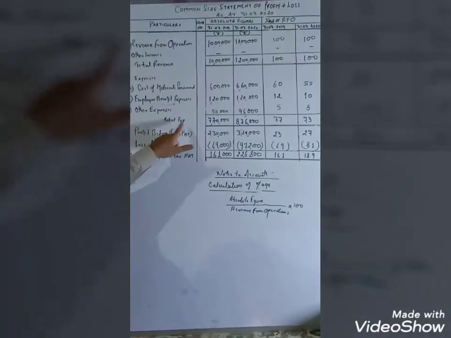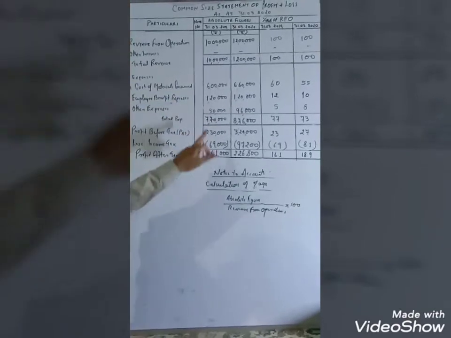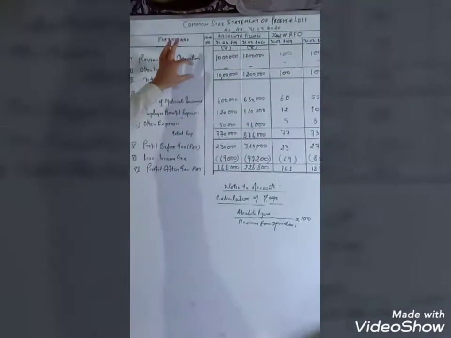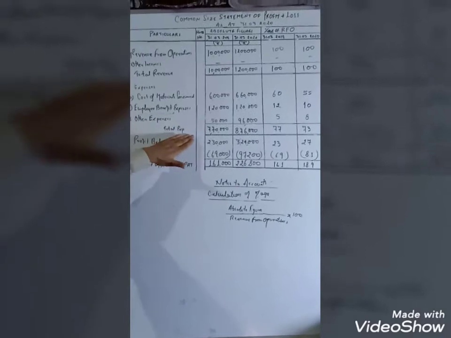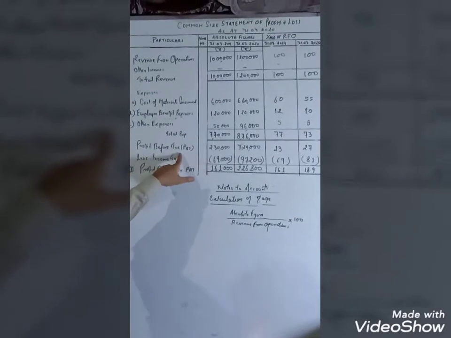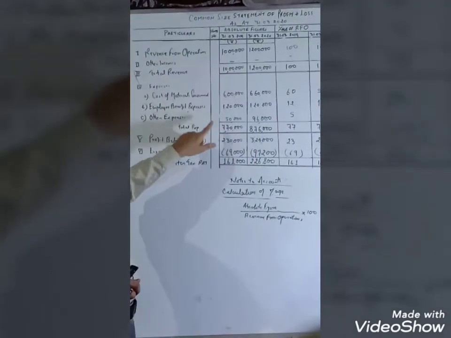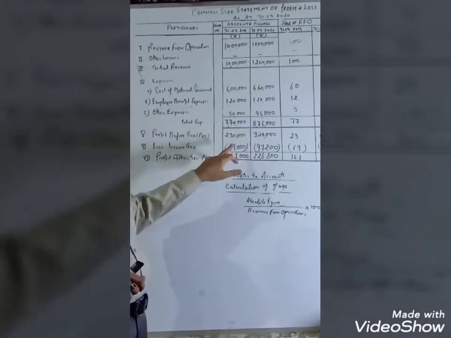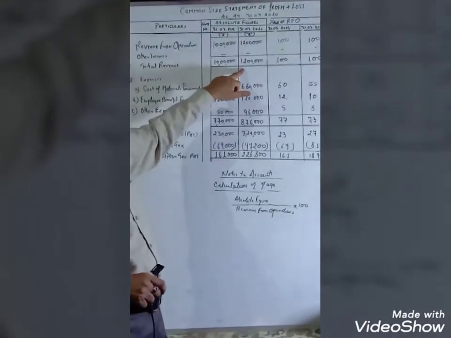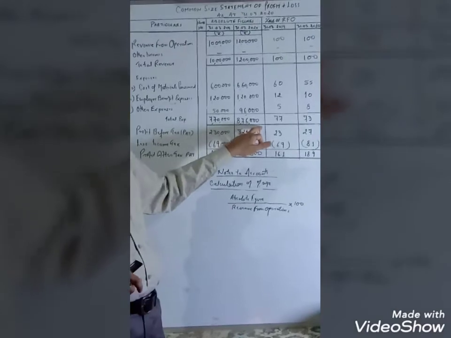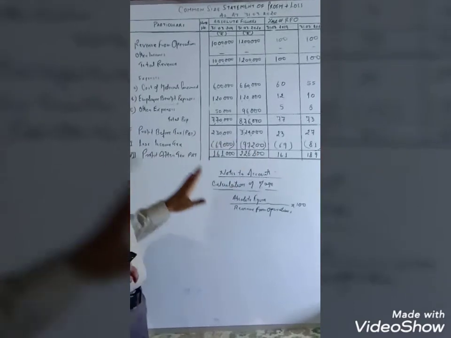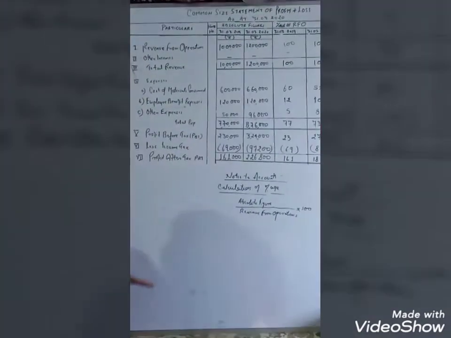Now the sum total of expenses, that is all the three expenses, is 7 lakh 70,000 and 8 lakh 76,000. Now from the total revenue we have to deduct total expenses to arrive at the fifth item, profit before tax, popularly known as PBT. From 10 lakh we have to deduct the sum total of expenses 7 lakh 70,000, it will be rupees 2 lakh 30,000. And for 2020, from 12 lakh total revenue we have to deduct 8 lakh 76,000 total expenses to arrive at profit before tax 3 lakh 24,000. This is profit before tax for both the years.